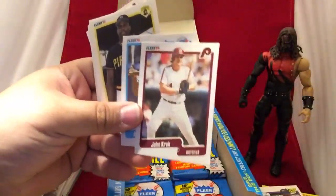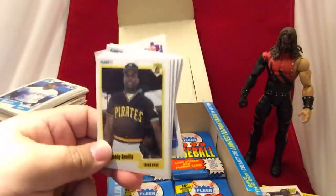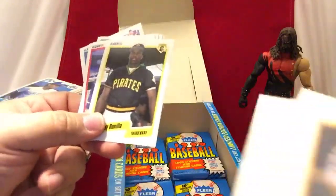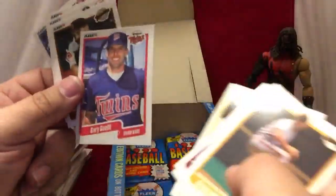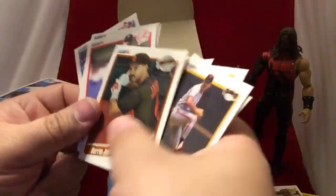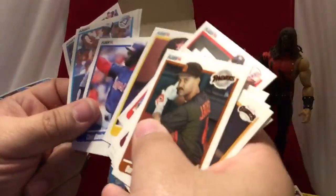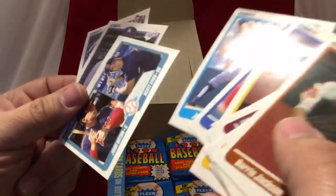Here we go. Craig Lefferts. John Kruk. Mookie Wilson. Here's Bobby Bonilla. This dude is still getting paid by the New York Mets. Or I think the Mets or the Marlins are still paying him. Gary Gaetti. Here we have Darren Jackson, former voice of the Chicago White Sox. Here we see Chili Davis, Junior Felix,